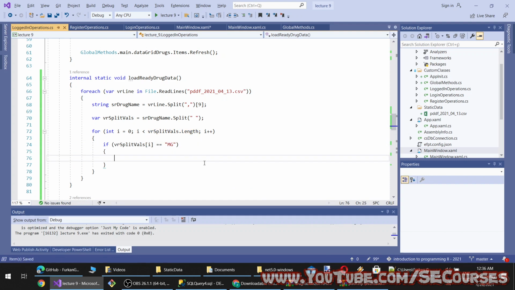If it is equal to milligram, then I have the milligram as a previous value.